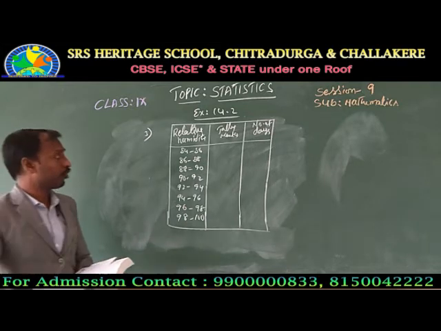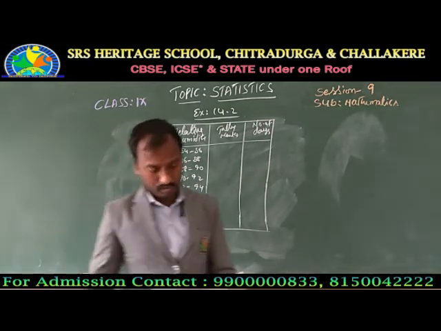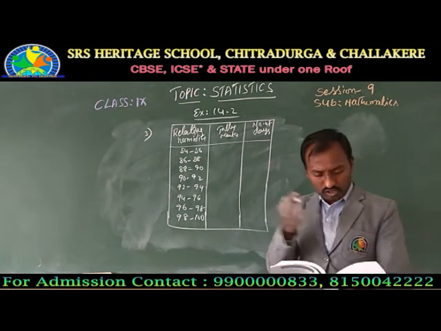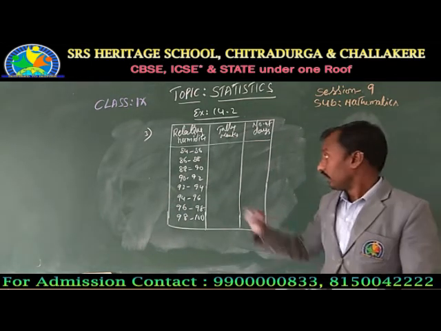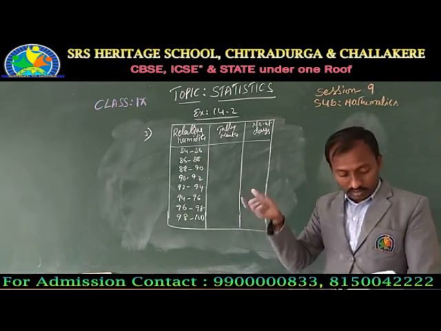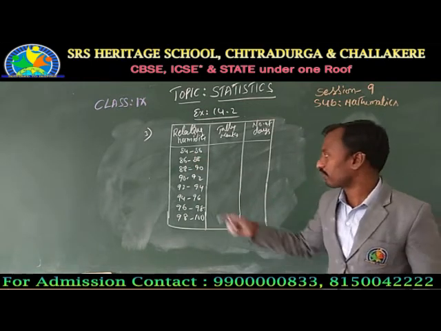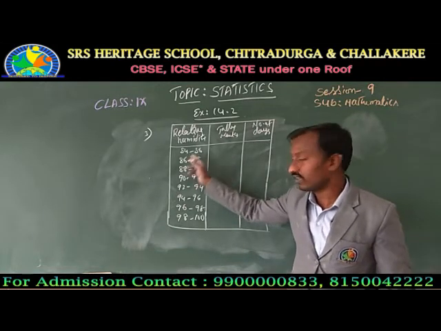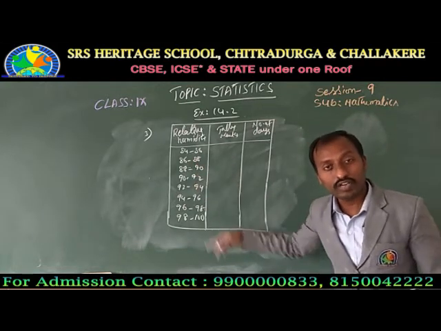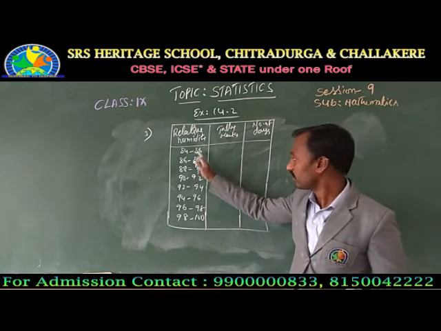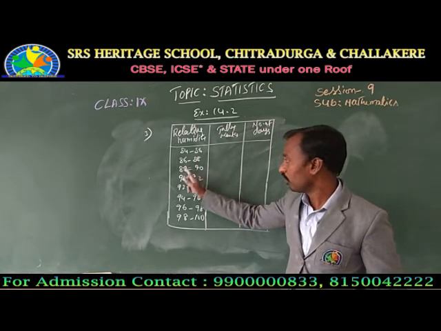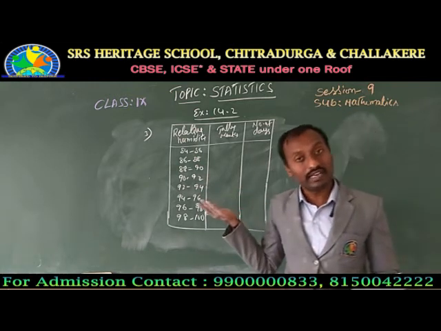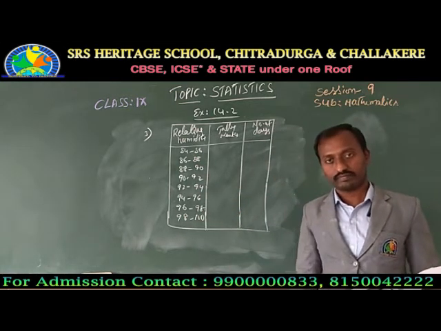Look at 84 to 86, how many days the relative humidity is in that percentage. Now count the percentage of the humidity. 84 to 86. Find it with the decimals also there, be careful, decimals also between them only. What kind of intervals are these? Inclusive intervals or exclusive intervals? 86, 86. The upper limit and lower limit of the immediate class will be the same, so they are equal. Exclusive class intervals.